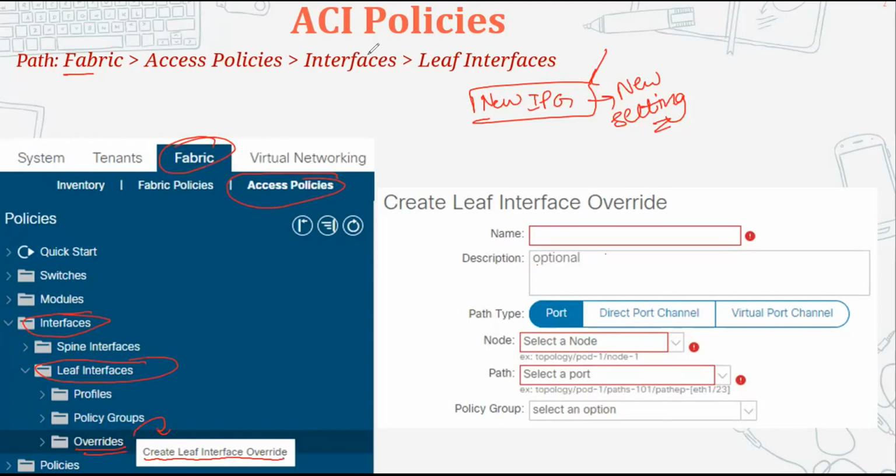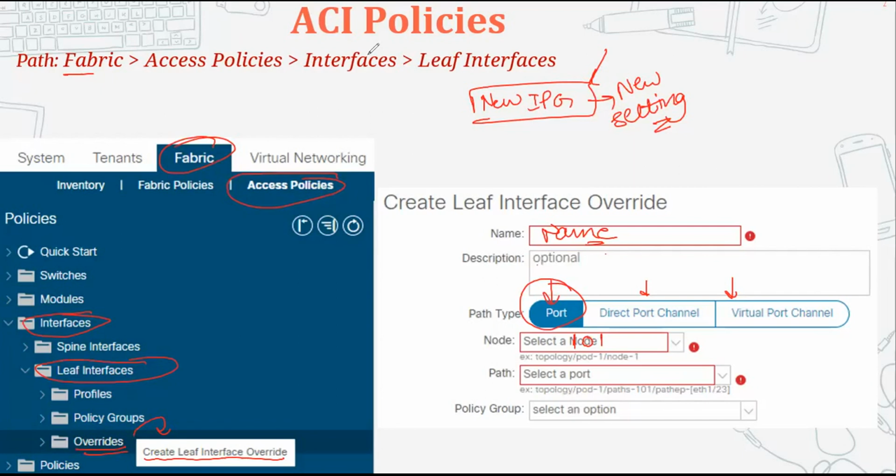You can give it any name here as per your ease. And then let's say if it is a single port, you will click here. If it is a port channel, you will click here. If it's a VPC, we need to click here. So let's say, assuming that it is a single port, we'll click here. Then you need to select the node ID, so the leaf ID, let's say it's 101. And then you need to select the path where you want to apply this new policy.